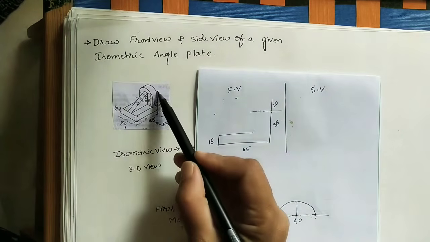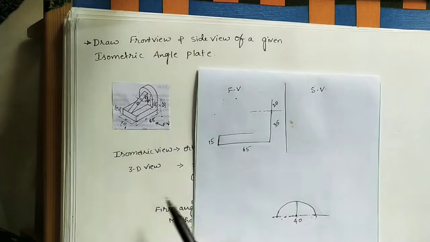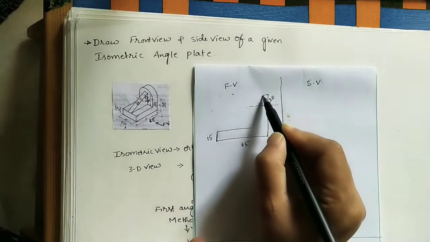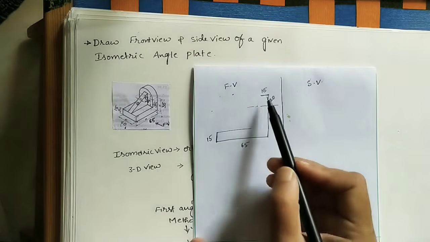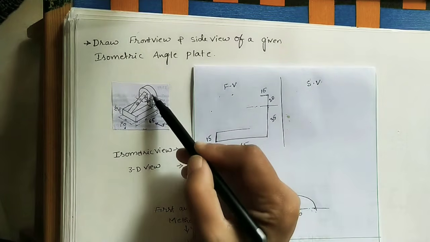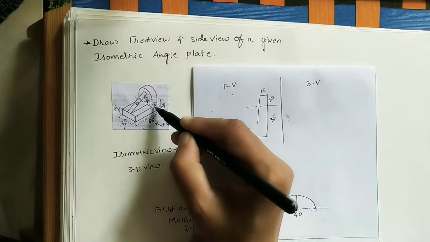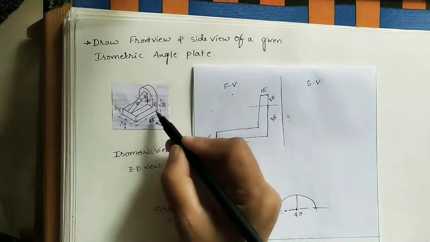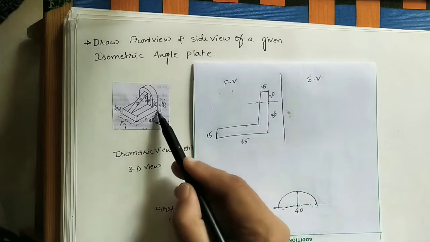After that we can see this width also. How much is this width? 15 mm. We can see this L shape. Here this width is 15 mm, given. So above this, take 15 mm here, and at 15 mm do this line. Drop the line here up to this intersection point. Here also extend the line, here also extend the line, and we will get this point. Now this is the front view L section.